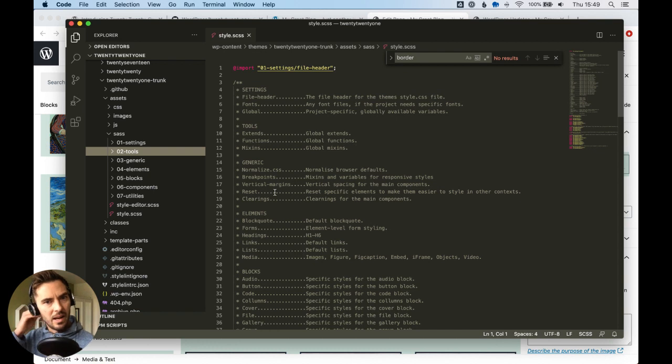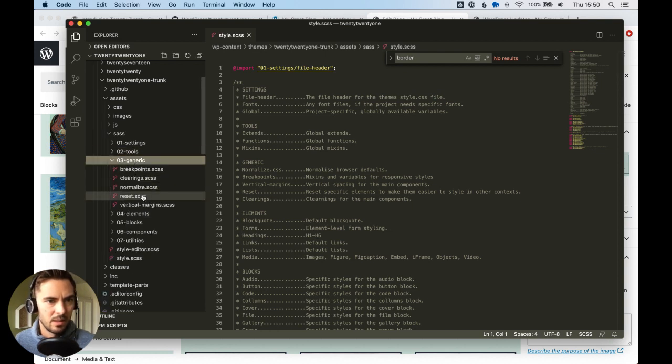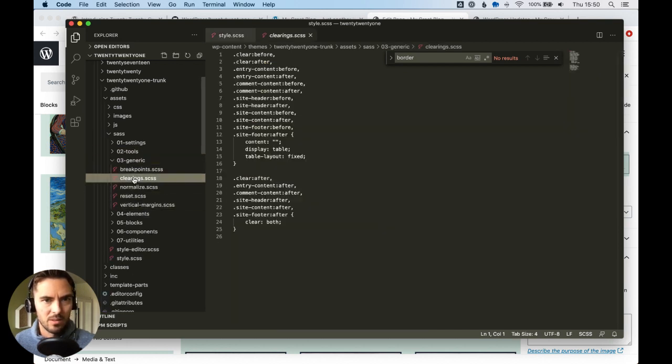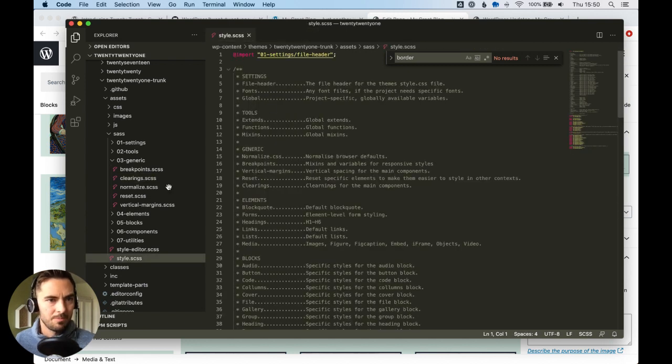Interesting. Clearings, that'll be interesting to look at as well. Let's have a quick look at clearings. I wonder why things are being cleared these days. I mean, I guess floats are still used. All right,